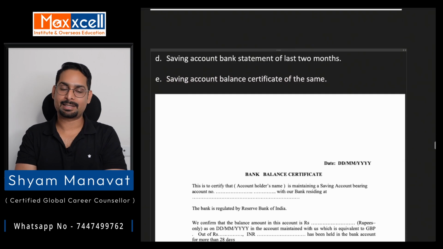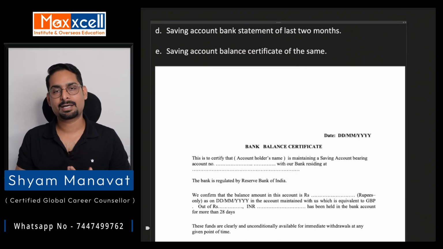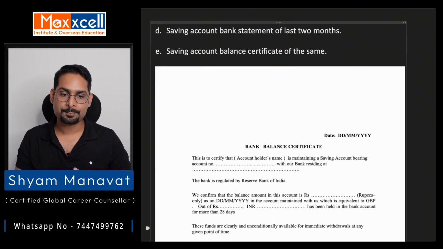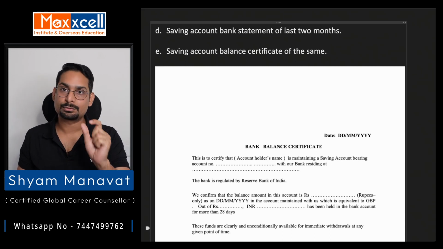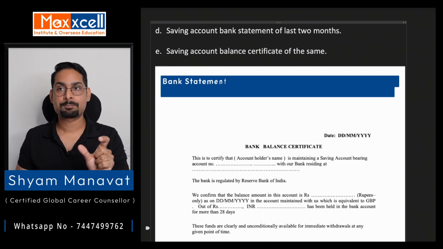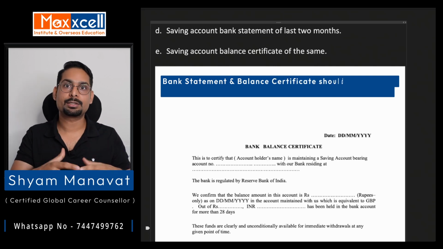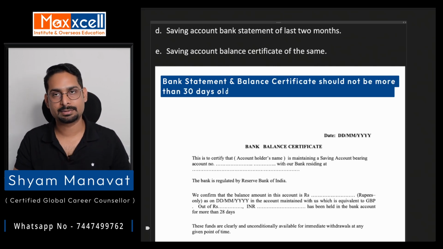The next is the saving bank account. If it is your saving bank account or your parent's saving bank account, then make sure that you have the last 2 months of bank statement. Okay, in the last 2 months, if it is showing a huge deposit in your bank,